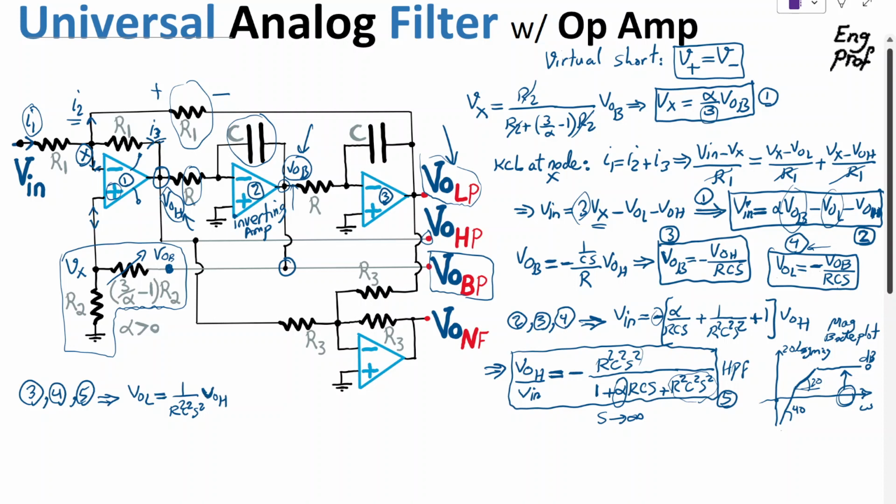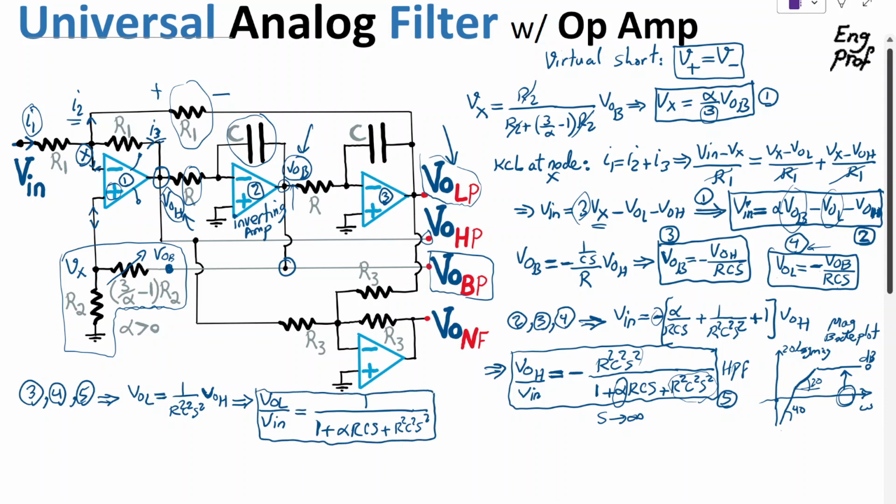So as a result, substituting for this in equation 5, we get basically the transfer function for the low pass output is just 1 over 1 plus alpha RCS plus R square C square S square,